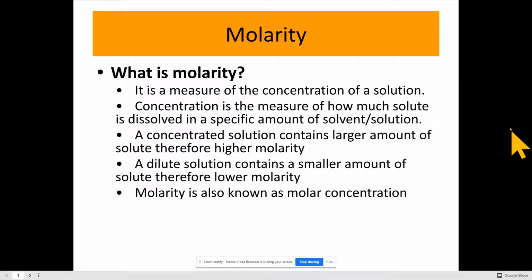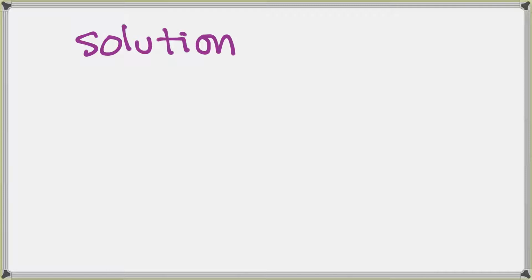All right, good morning. So today, guys, what we're going to be looking at is molarity. So remember, guys, the last few days we've been looking at how to form a solution. Remember we said a solution, which is a homogeneous mixture. Let's write it down. So a solution, guys, which is again a homogeneous mixture,